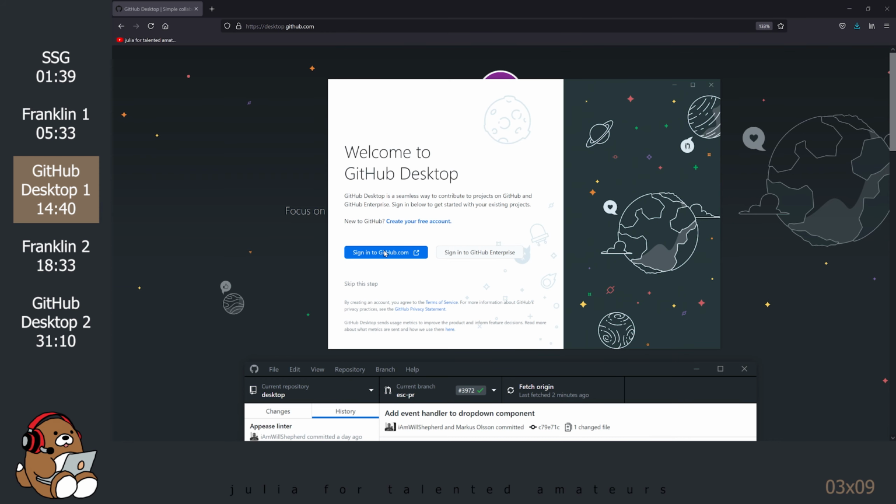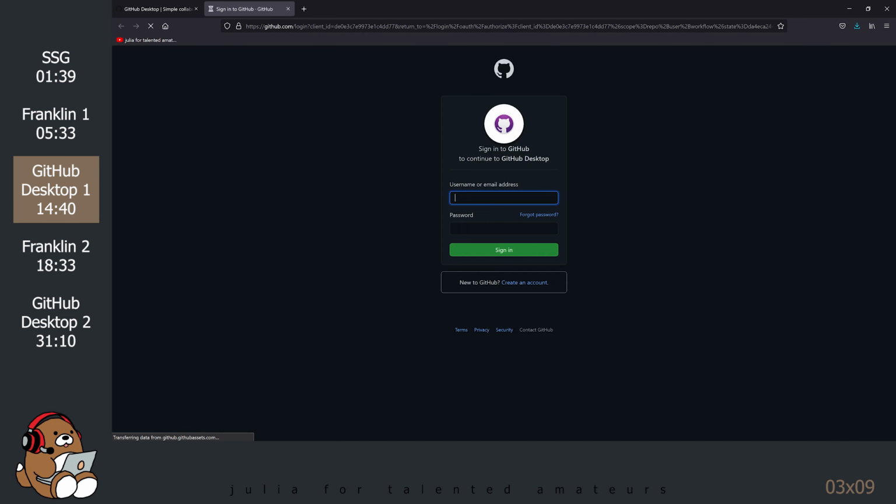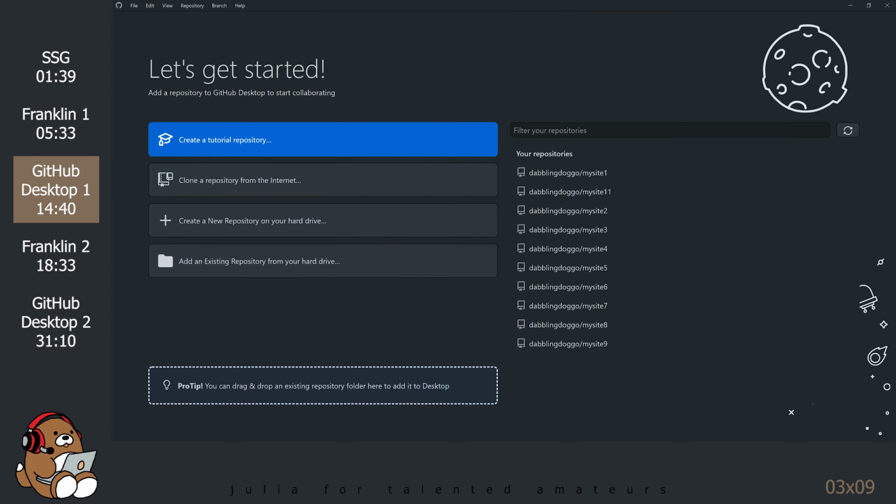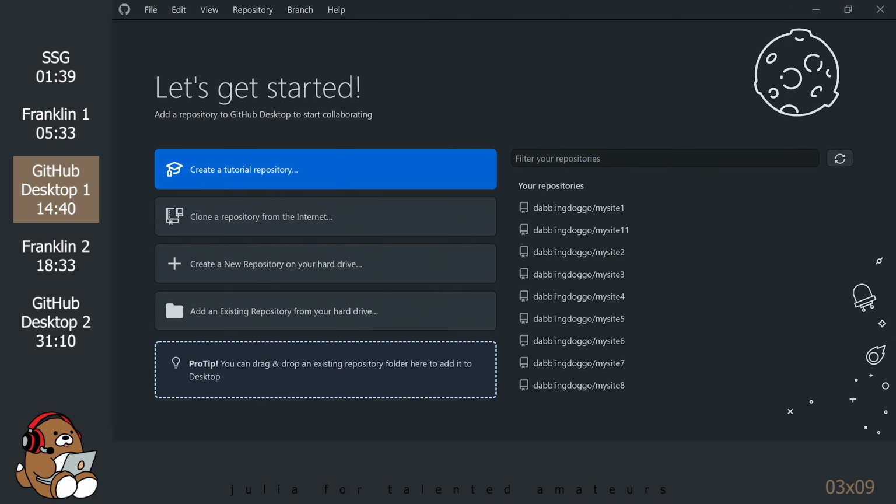At the prompt, sign in using your GitHub account credentials. This is a little confusing because this login is for the GitHub Desktop app to gain access to your GitHub account. In order to log in to your actual GitHub account, you'll still need to log in separately at github.com using your browser. After you log in to GitHub Desktop, the user interface should open up. You can adjust the size of the interface by using Ctrl plus or minus.